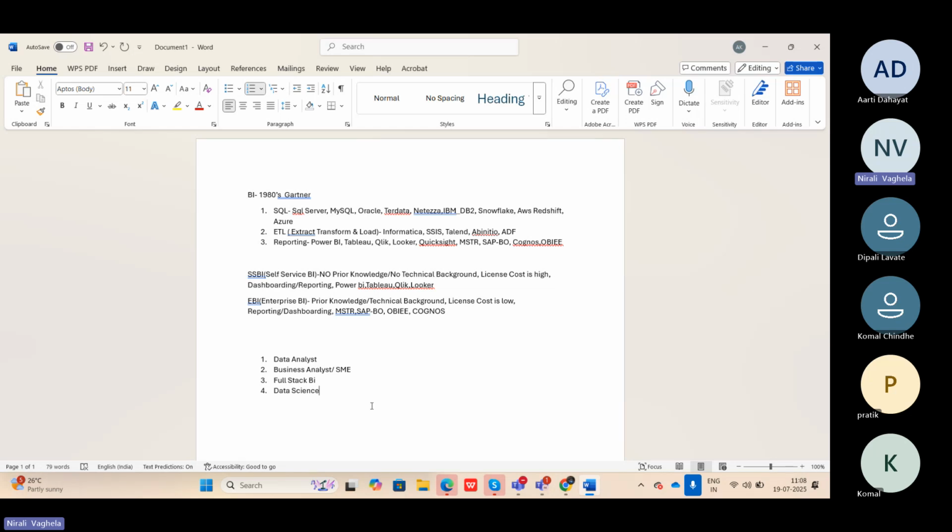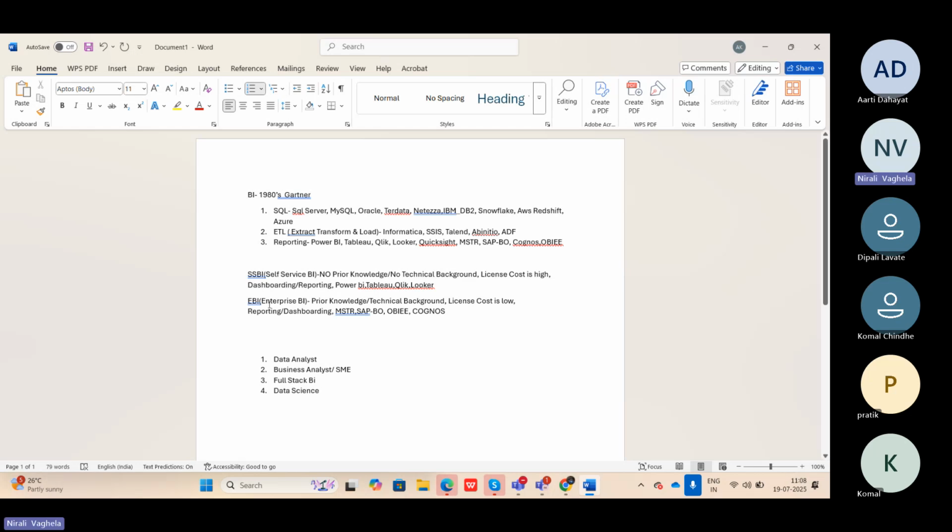So different companies have different roles or designations. Some people will directly call it consultant, senior consultant, when you go to companies like Deloitte, McKinsey. So these are the roles you will get when you get hired in any of the companies. Different companies will have different roles. That's how it is.